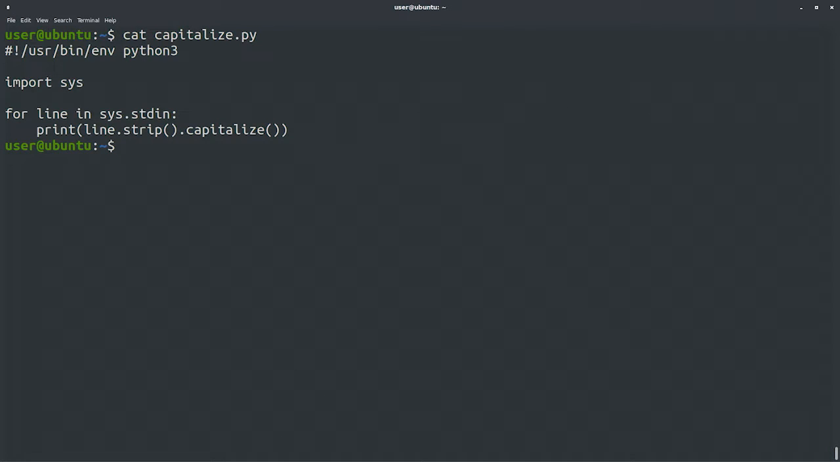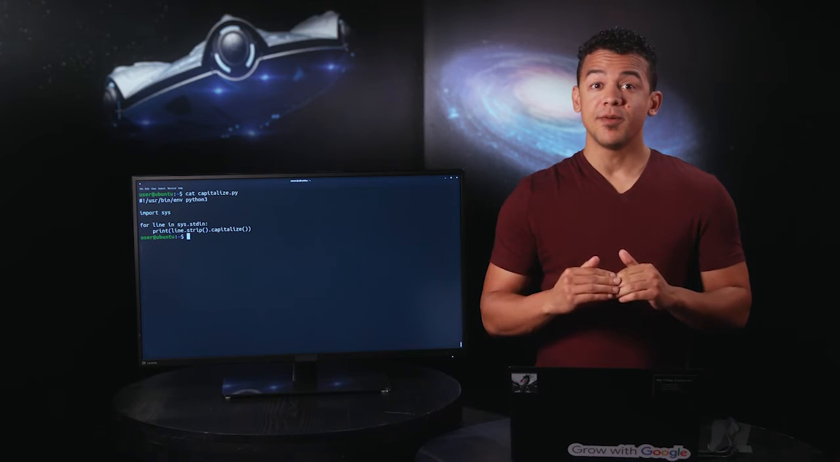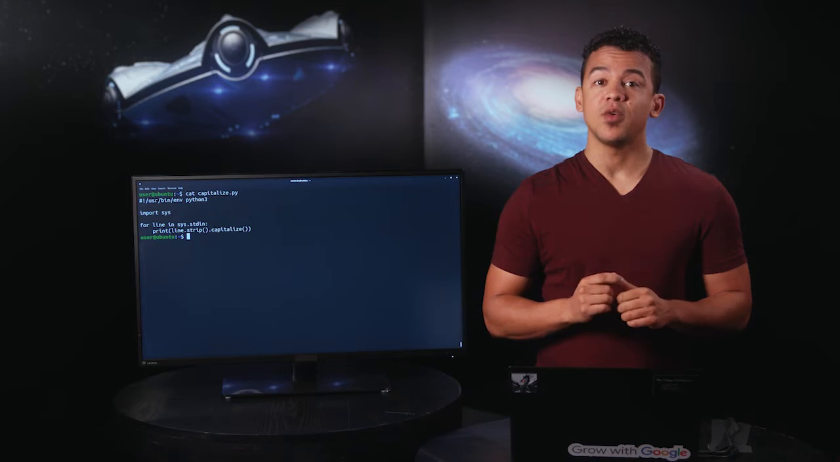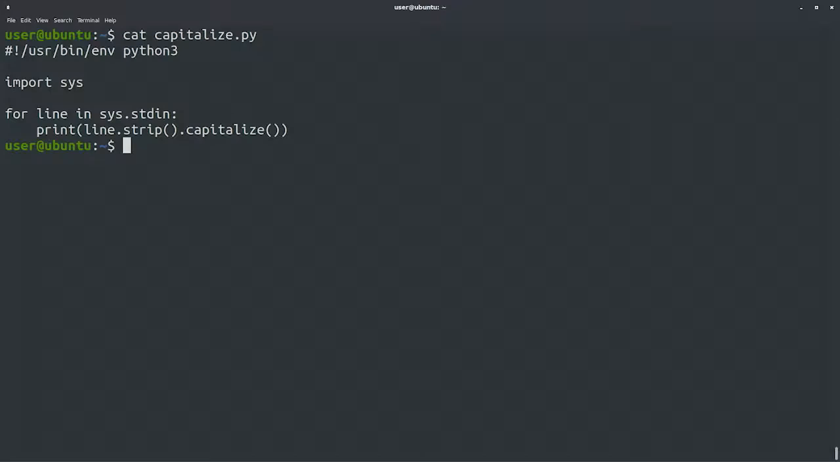In this script, we're iterating over the contents of the sys.stdin file. Remember that when we iterate a file object, we go through it line by line. For each of the lines of a file, we first use the strip method to remove the new line character at the end, then the capitalize method to make the first character of the line uppercase, and then we print it